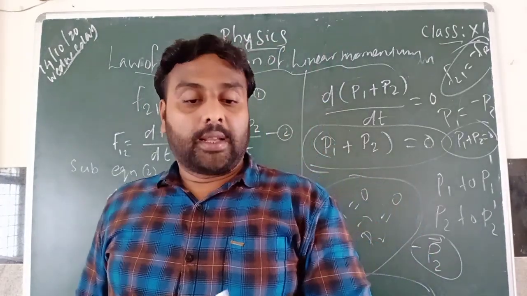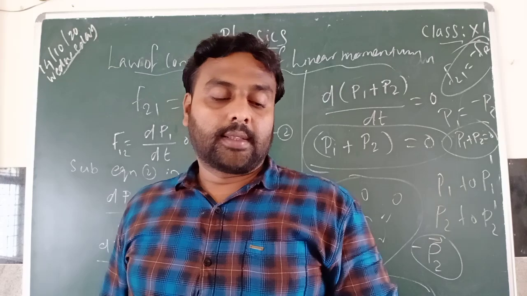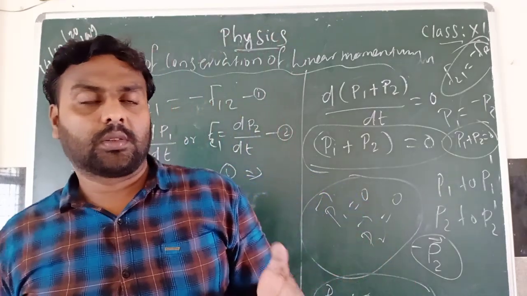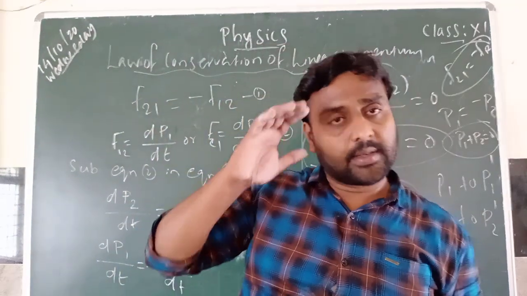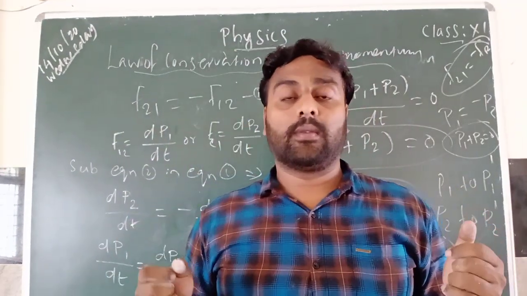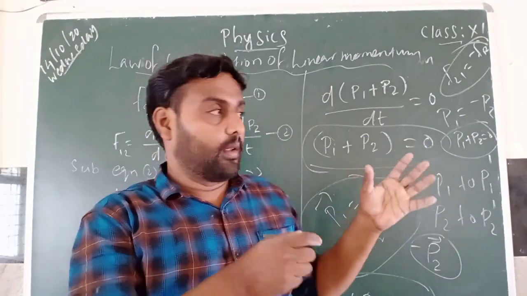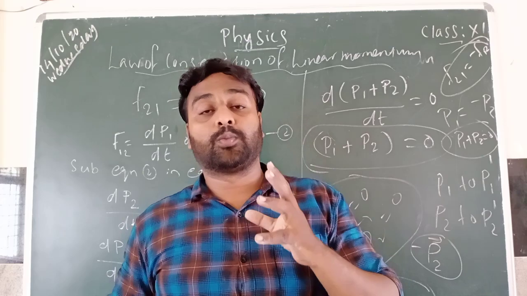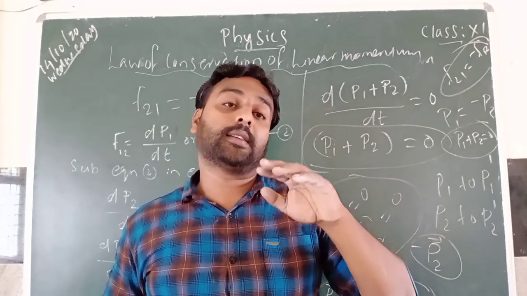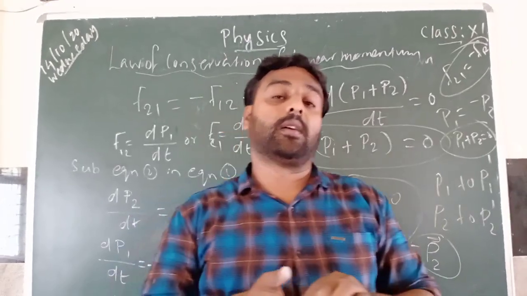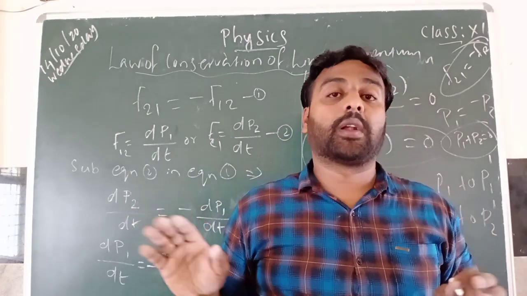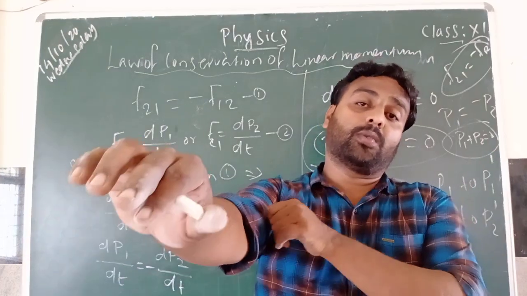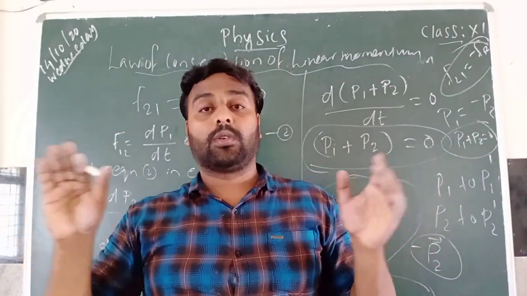Then you have to write the example given in page number 132. The firing example. So in that example, you can consider firing the gun. When we fire the gun, here the gun is there, the bullet is there. This is our system. Here the system is gun plus bullet. You know, initially the gun is at rest. When the gun is at rest, the total linear momentum is conserved. So P1 plus P2 equal to 0.